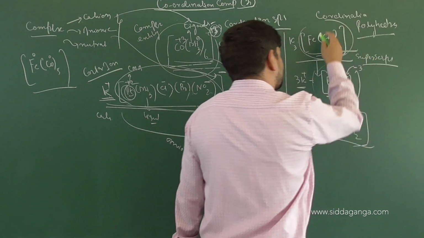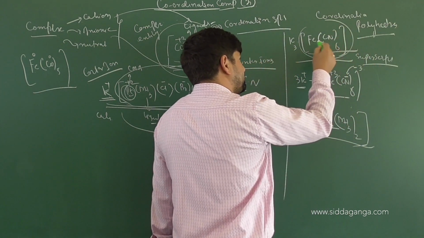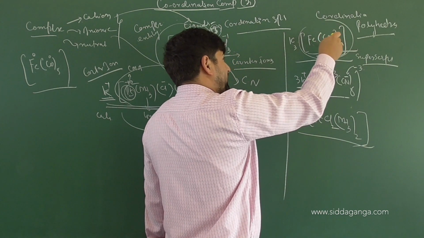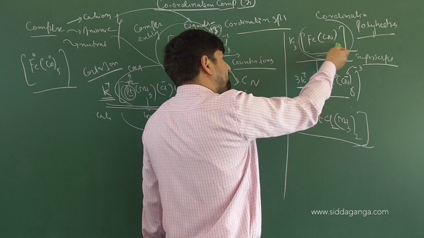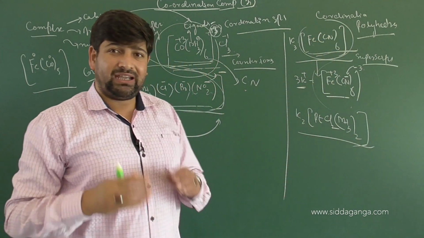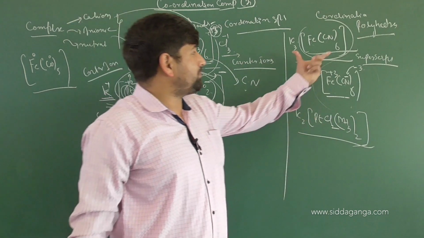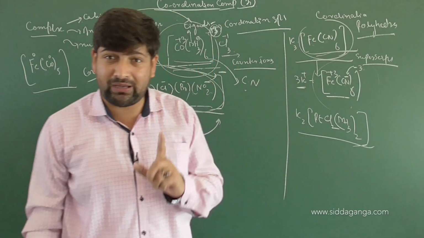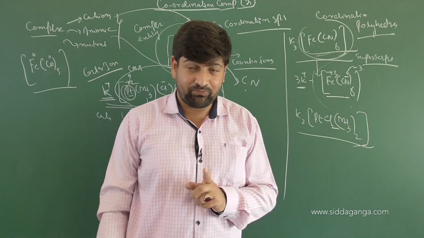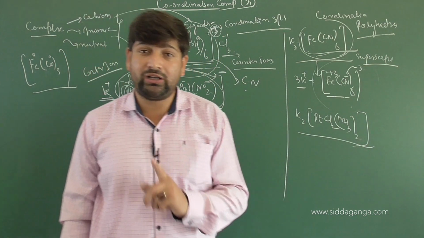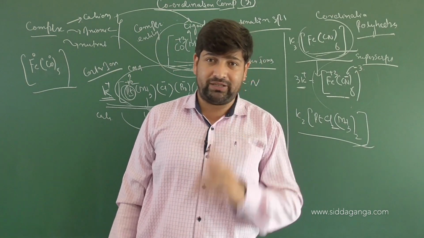Why? Because these ligands which are attached to the central metal atom have directional properties, because they are directional bonds. Because they are directional, they will be arranged in space varyingly. According to that, many shapes of coordination compounds will come into play. So remember, primary valencies, unless and until they perform a dual role, will not determine the shape of a coordination complex.